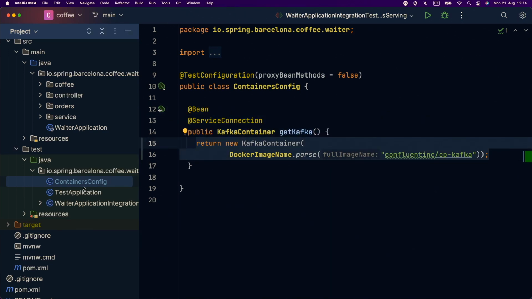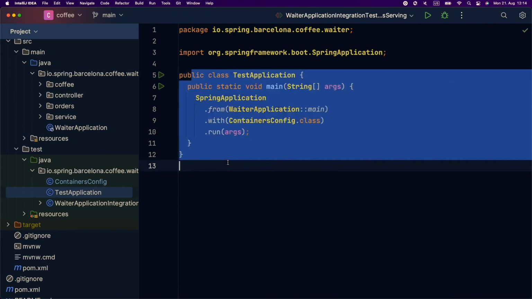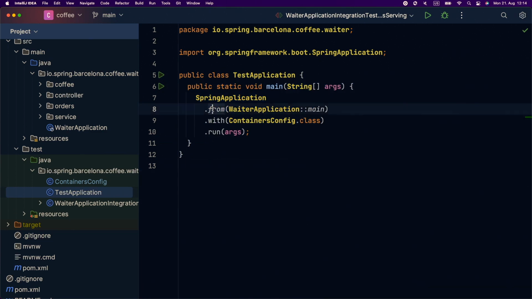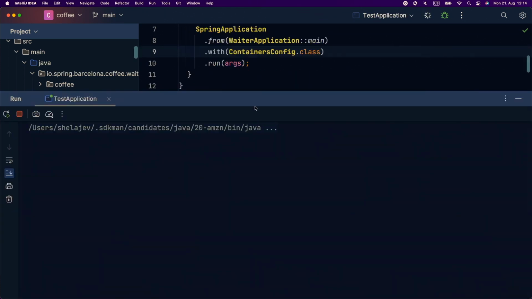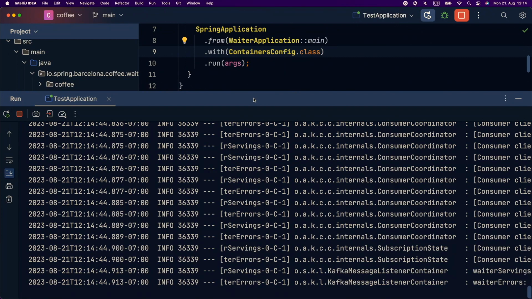And besides just running tests, you can also now use it for your local development mode, where you can create the application in your test sources, and say, I want to run my actual application, but I want to run it with my containers, and then you can just run it. You run this, and your application will start. There is no Kafka provisioned here, but Spring Boot will take into account the containers config, create one Kafka for you using test containers,